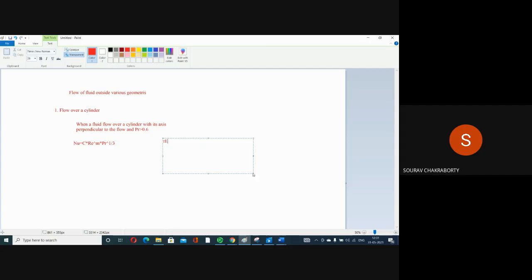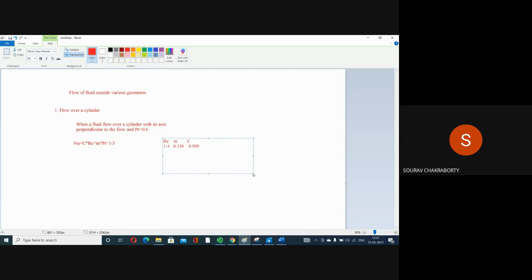On the basis of Reynolds number, we can decide. Let me write down the chart. If the Reynolds number is 1 to 4, then m value will be 0.330 and